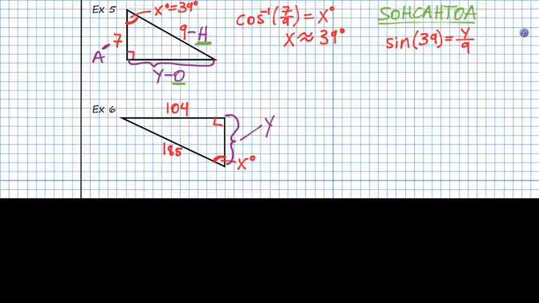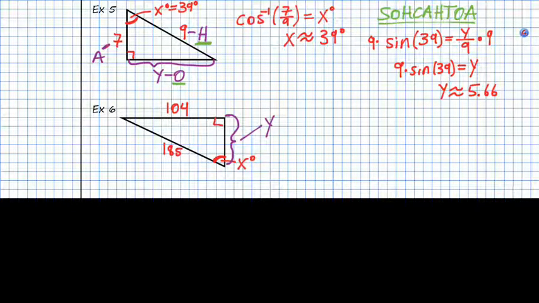And to find y, I just multiply both sides by 9, and I get that 9 times the sine of 39 is equal to the value of y. And if I put this in my calculator, I find that y is approximately equal to